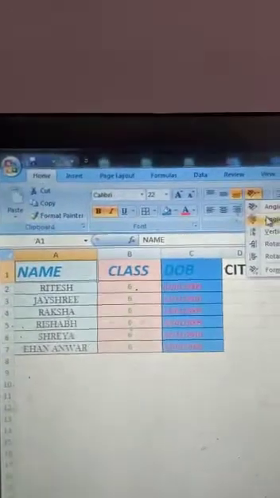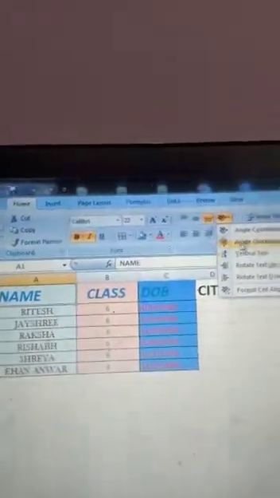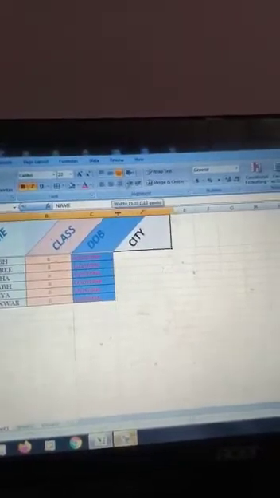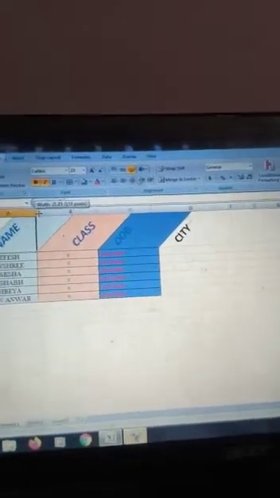Look, angle clockwise direction, these types of directions. If you want to change, select it and then look, every record will change. Okay, that is known as orientation. Okay, so in this way you can change this.